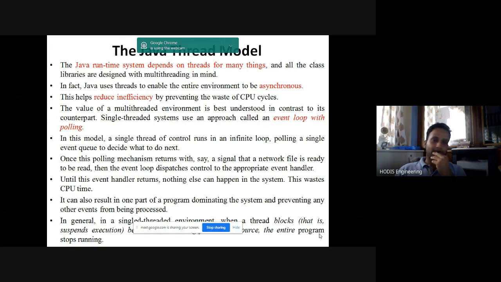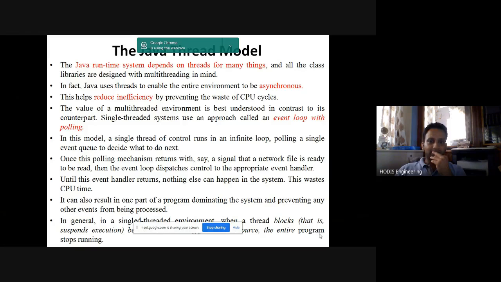In fact, Java uses threads to enable the entire environment to be asynchronous. This happens in the Java runtime environment, and it helps in mitigating the wastage of CPU cycles. If a programming language supports multi-threading, it is optimizing the usage of the processor.